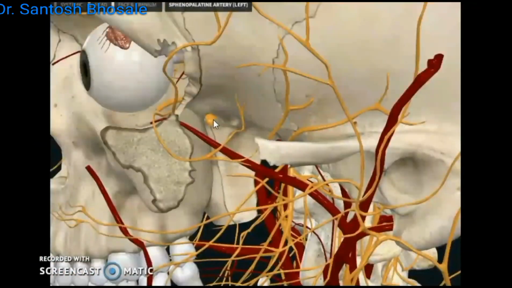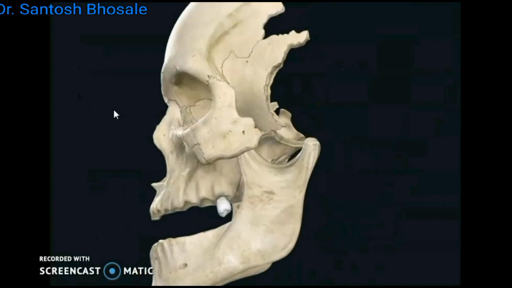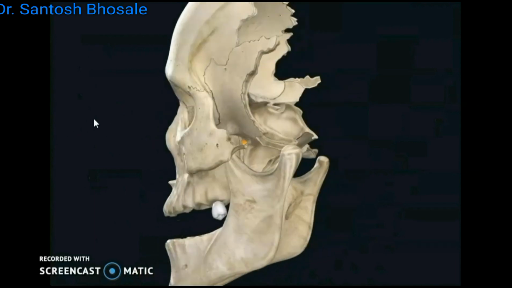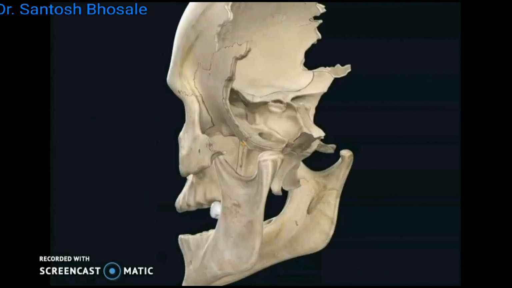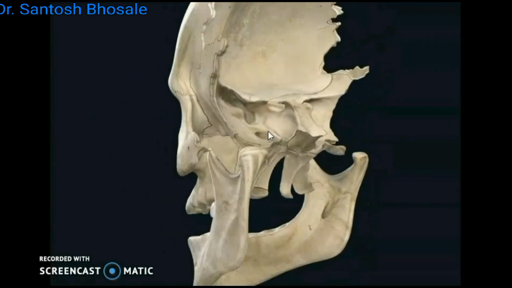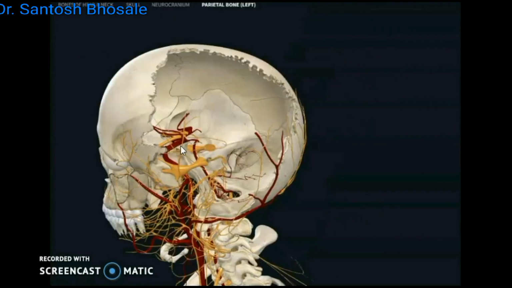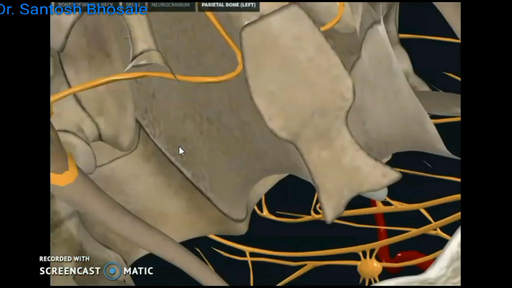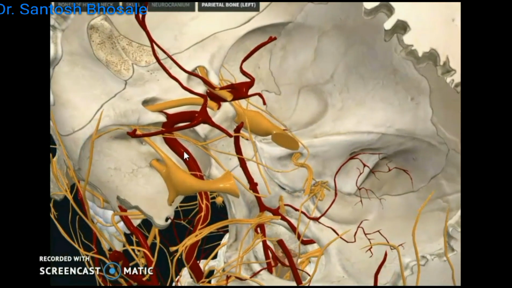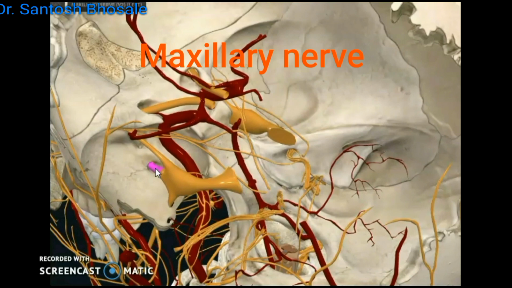And the sphenopalatine artery is the terminal branch of the maxillary artery, and that is there. The pterygopalatine ganglion is the largest of the 4 parasympathetic ganglia of the head and neck. Among ciliary, otic, submandibular, it is the largest ganglion, and it supplies the nasal mucosa, palatine mucosa and pharyngeal mucosa. So it is also called the hay fever ganglion. In case of hay fever, you will see secretions and redness in those areas, the nasal mucosa, palatine mucosa, orbital mucosa and pharyngeal mucosa.